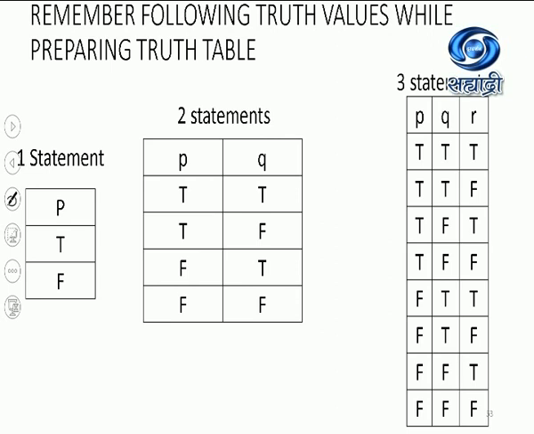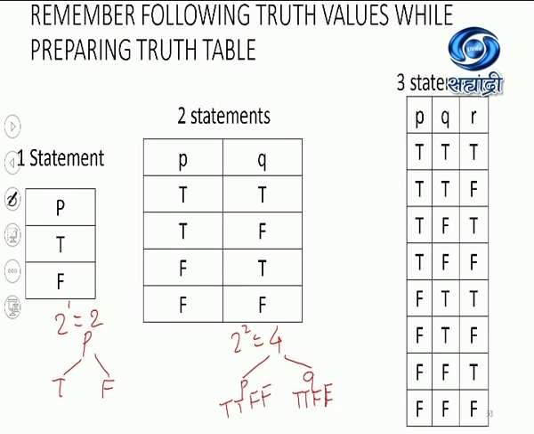This is the table which I have already explained to you in the last session, but I'll repeat it once again for you. If only one statement is there, there will be two truth values, 2 raised to 1 equal to 2. And that is nothing but one value is T and another value is F. For two statements, there will be 4 truth values for P and Q. Obviously there will be 2 T's and 2 F's for both, but the combination for each one will be different. So, how to remember?